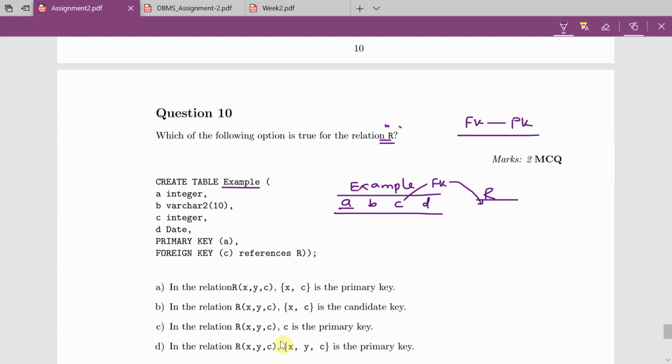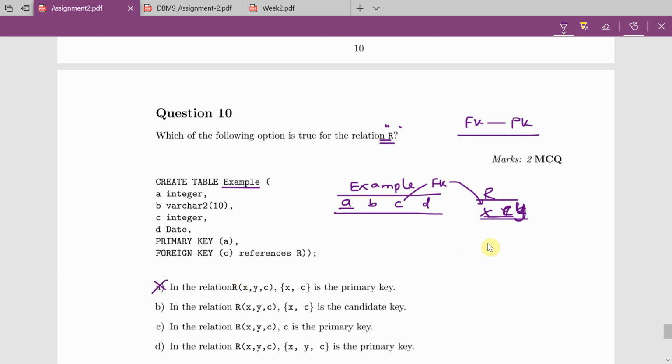Option A: in the relation R of x, y, c, x and c together is a primary key. But C is a foreign key, one attribute here, and this one attribute should always map with one attribute of the primary key. But here the primary key of R is two attributes. It is not possible, so option A is incorrect.